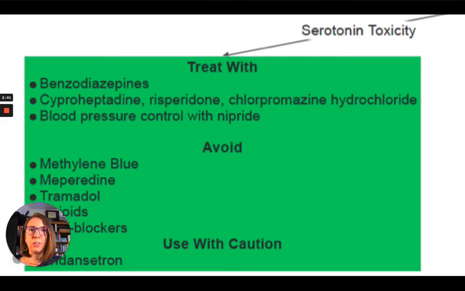If you have a patient who has serotonin toxicity, the very first thing you're going to want to do is give benzodiazepines, which is nice because we're giving these patients a ton of benzos anyways. You can also treat them with cyproheptadine, risperidone, or chlorpromazine. You want to control their blood pressure with nipride, and you want to avoid methylene blue, meperidine, tramadol, opioids, and beta blockers. I know that puts us kind of in a tough spot in the OR, but that is the